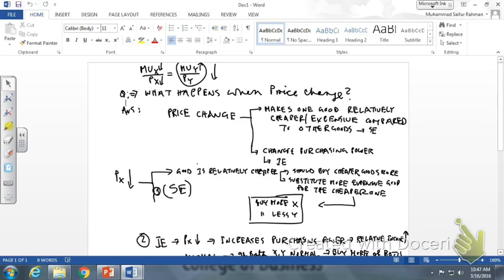So for today's class, we are going to assume that our consumer is buying two generic goods called good X and good Y. If these two goods are being purchased, our consumer is going to maximize their utility by equating the marginal utility of X divided by the price of X with the marginal utility from Y divided by the price of Y. So the equation of utility maximization, which we covered in the last class,